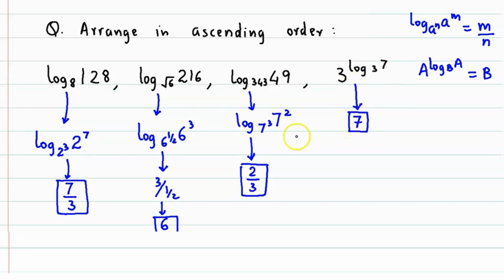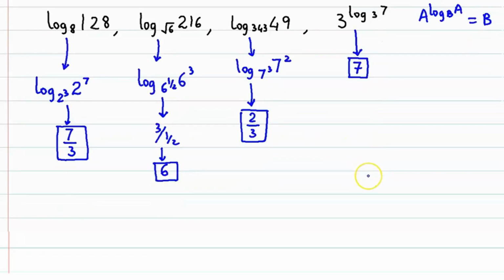अब हमें ascending order पूछा गया है. So if we see the least value, अब least value is 2 by 3. फिर इससे बड़ी वैल्यू है 7 by 3. फिर नेक्स्ट बड़ी वैल्यू है 6 और लास्ट है 7. तो फाइनली हमारा जो असेंडिंग ऑर्डर आएगा, अब 2 by 3 इस टर्म की वैल्यू है, तो पहला टर्म आएगा